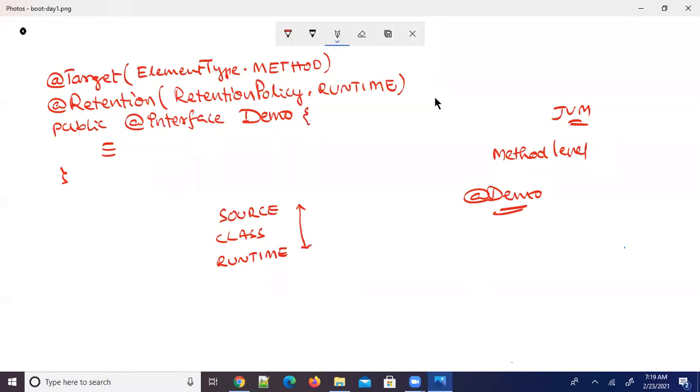Right, okay. What are the two enum types you learned here? One is ElementType and the next one is RetentionPolicy. These are the two enum types. They have constants. Right. So I think you got that. So stereotype annotations are there in Spring. These are called Spring core module annotations actually.